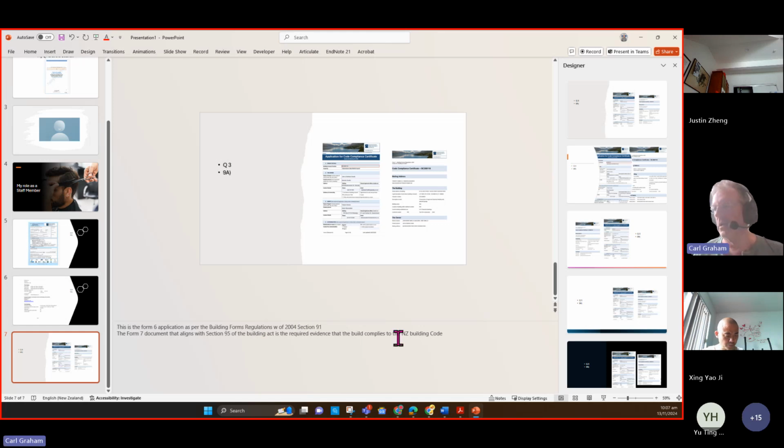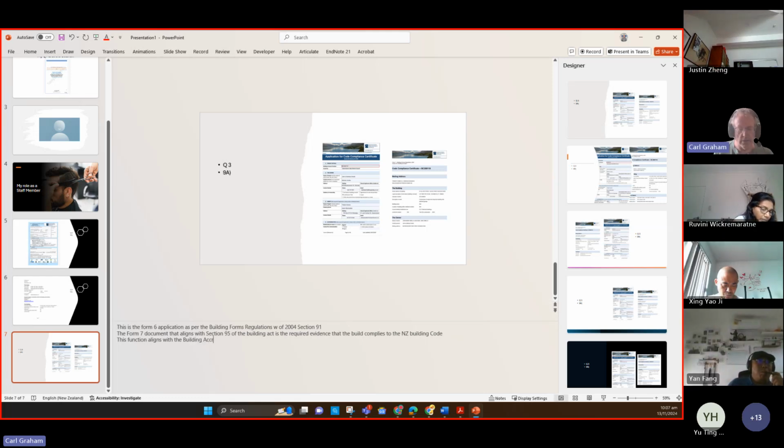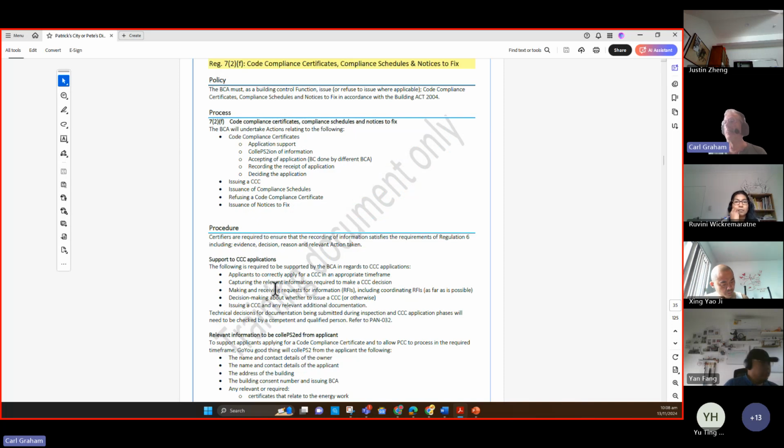You have also got an alignment with this function, which aligns with the building accreditation regs 7. What? Code compliance 72F. Right? So I could click on it, and that could give me a big